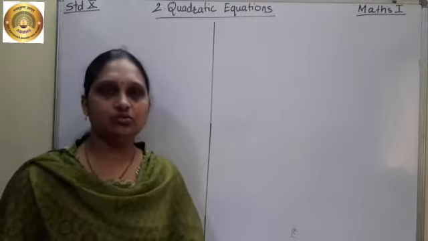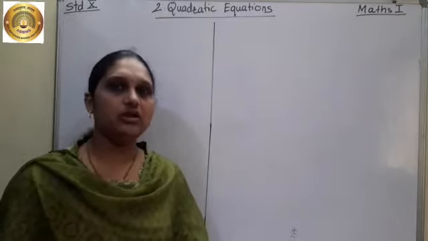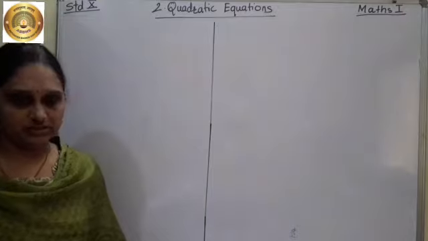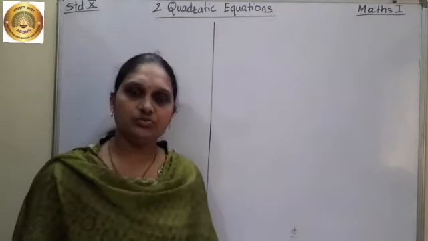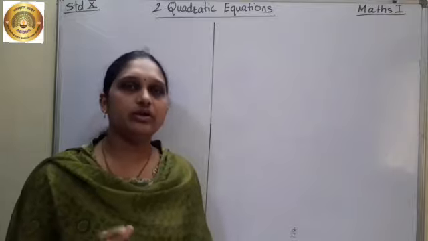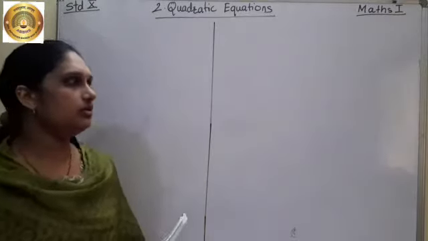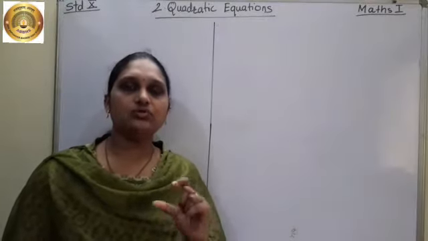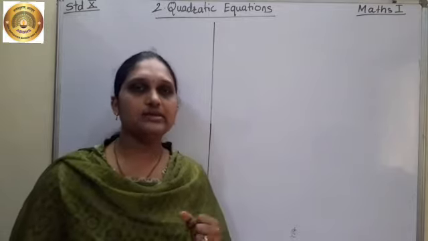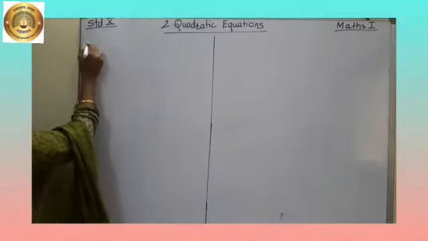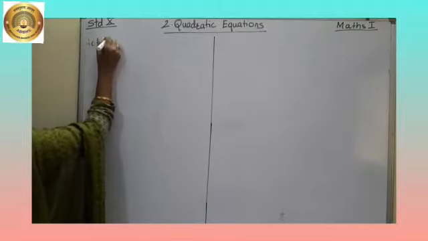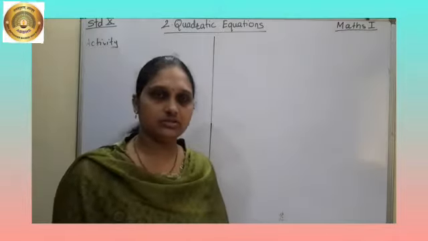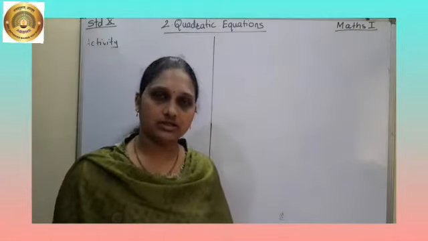Now, if the degree of the polynomial is 1, then that polynomial is called a linear polynomial. And if the degree is 2, then that polynomial is called the quadratic polynomial. But here in this year we have studied quadratic equation. Now, just pay attention to what is meant by quadratic polynomial and quadratic equation. There is an activity given in the textbook, so we will do that activity first. They have given some polynomials in the textbook and we have to classify them.